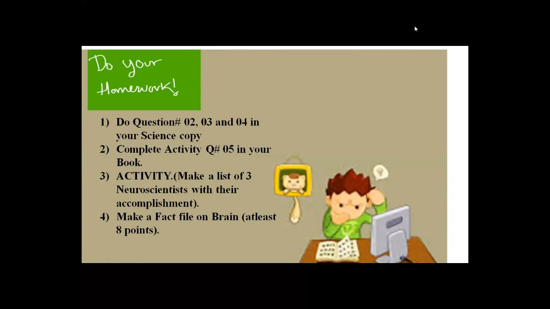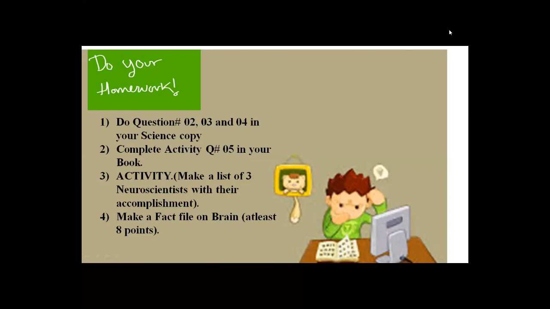Underline each heading below. Write 5 daily activities that are controlled by that part of the brain. One is the cerebrum, second is the cerebellum, and third is the medulla. Which type of activity? Like the cerebrum, you can write thinking, feeling, reading, listening, and seeing. And what are the activities that are controlled by the cerebellum? The cerebellum, as you know, controls physical activity like running, walking, and jumping.